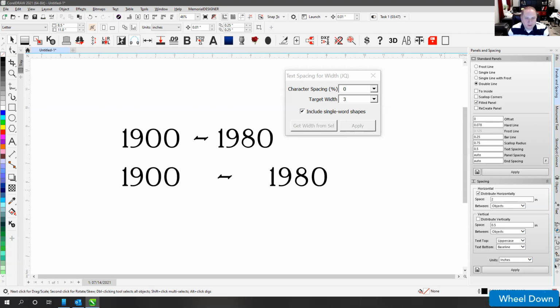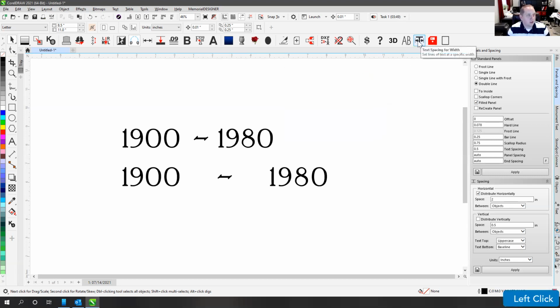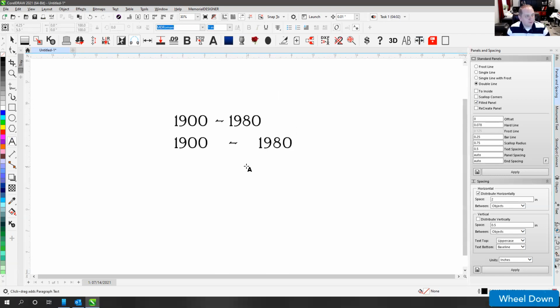And then you said I would like to have the text spacing per width icon in my toolbox. If you want this text spacing per width icon over here, which is where the toolbox is, it's pretty simple. I'll go back to the dash. So depending on the font that you have, on my MD Roman font, if I type in 1900 and then